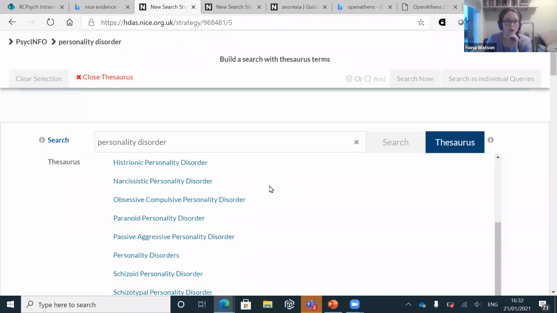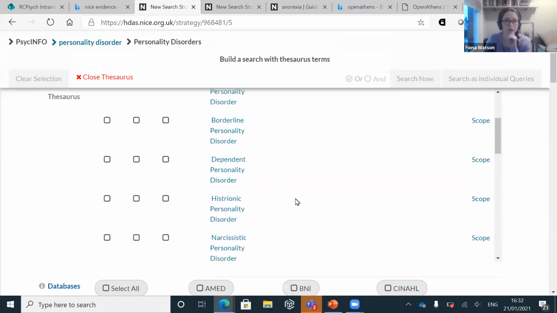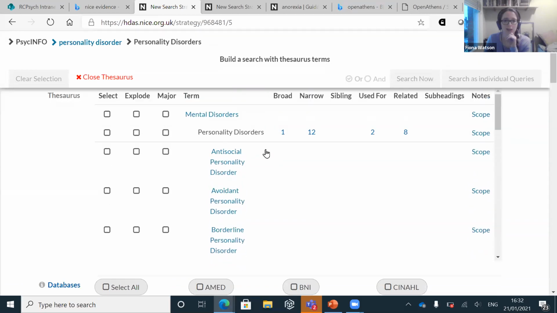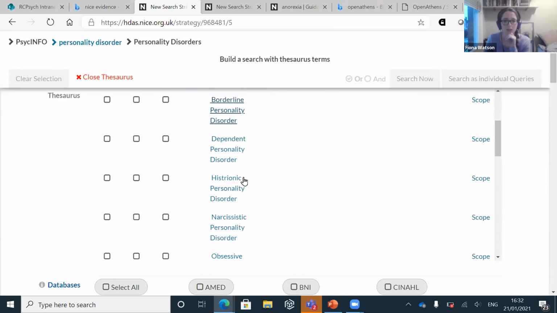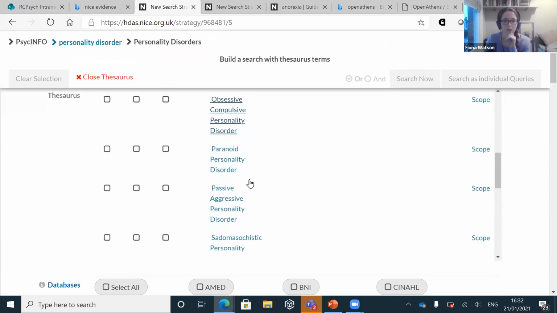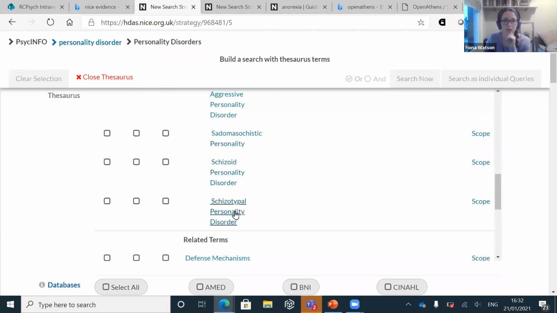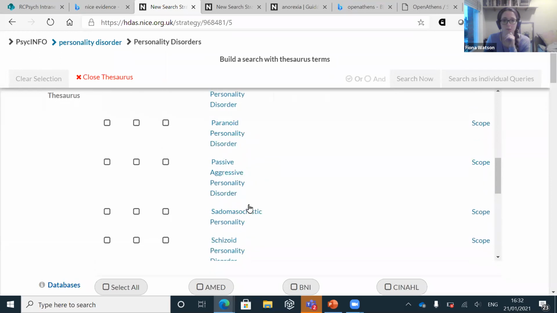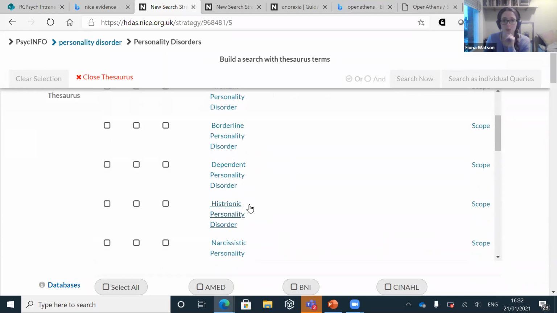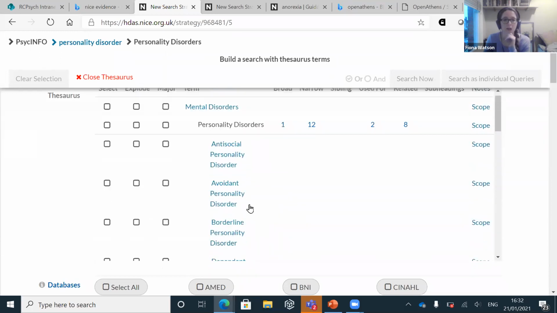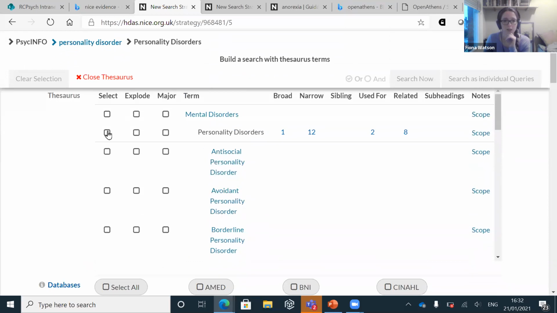And here you've got your list of personality disorders. So I can check that there isn't an entry for EUPD. But you can see that if you were looking for many other types of personality disorders, you'd be able to search on that specifically. I'm not going to search on personality disorders more generally in our search, because then it will start bringing in antipsychotics for other forms of personality disorders, and the results will get very confused. So I'll close that.